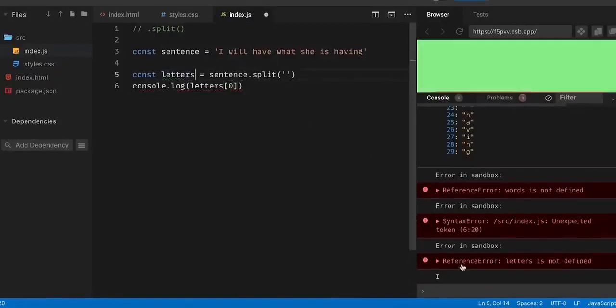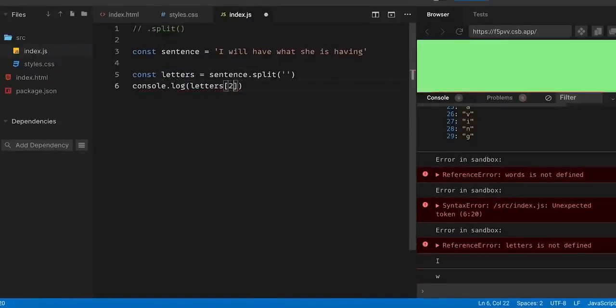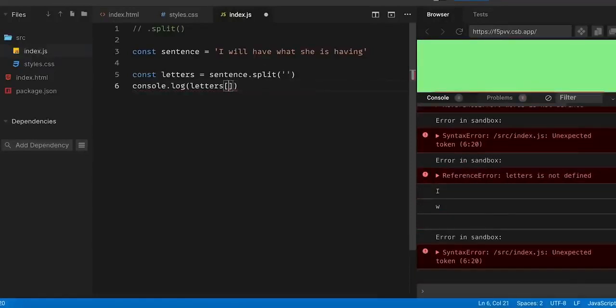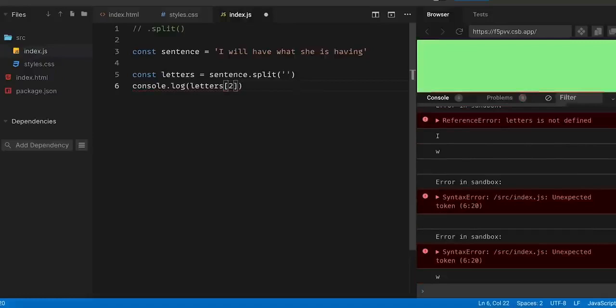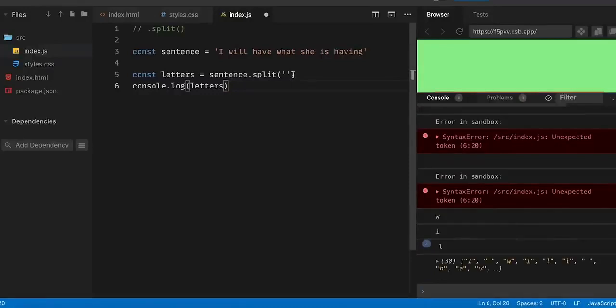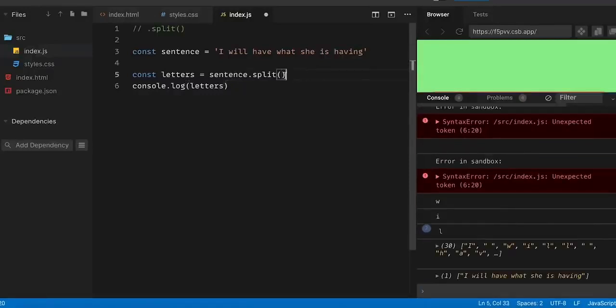letters. I can go into the second, which will just give me an empty space. I can go into the third, or index number 2, and that'll give me a W, and so on, and so on, and so on. Okay, and finally, I could just do that, which isn't really useful to us, but it will just put the sentence in its own array. Great. So just like always, I'm going to delete this now in order for you to have a